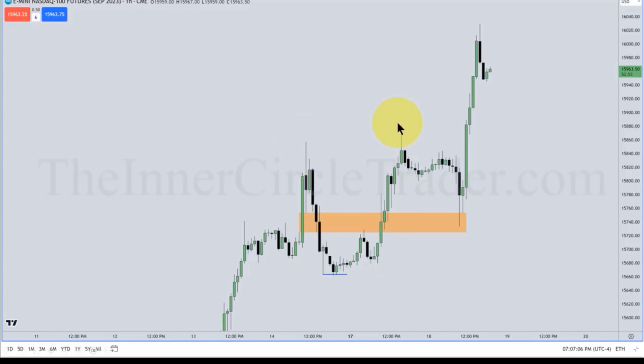Now we have 1, 2, 3. Isn't that a 3 drives pattern? And that's a topping pattern, right? No. What did I say this morning? We're not trying to call tops. So anyone that would have seen this as a 3 drives pattern here, or 3 Indians pattern if you're a